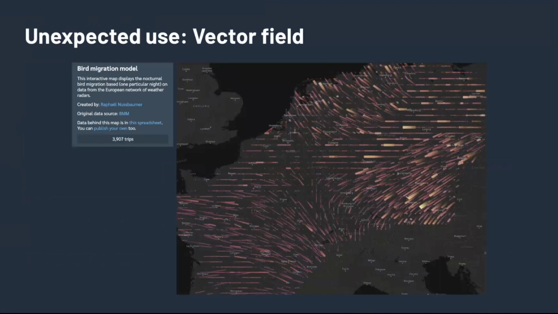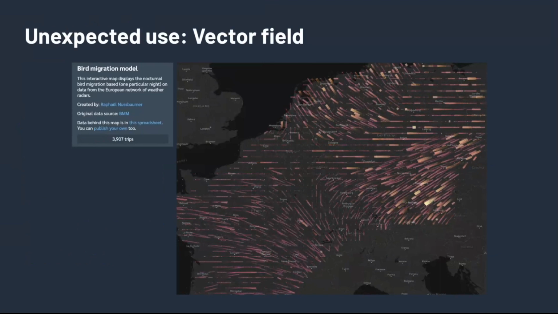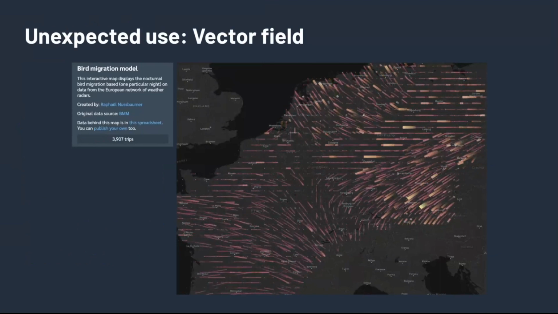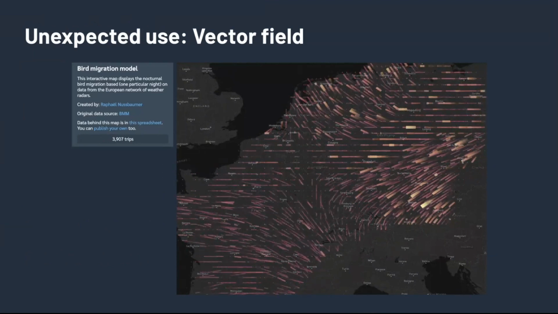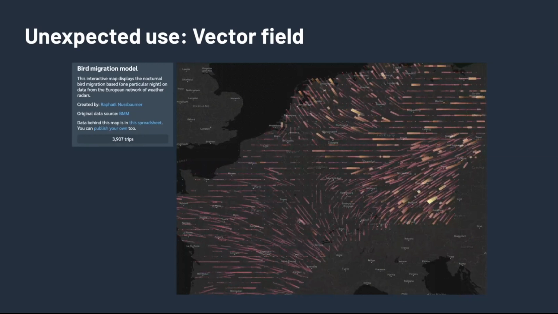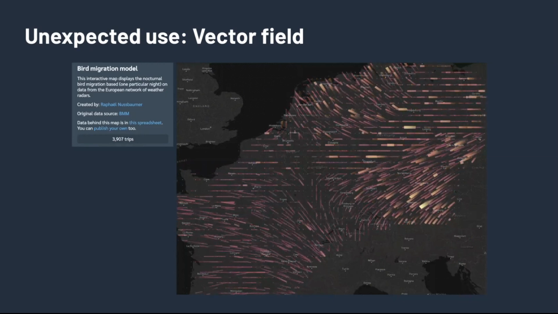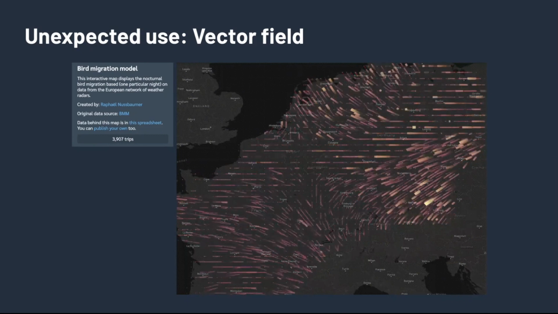Yes, and I've seen people using it in unexpected ways, like to represent vector fields. There was a researcher who built a bird migration model, birds migrating in Europe, and represented it as a vector field.